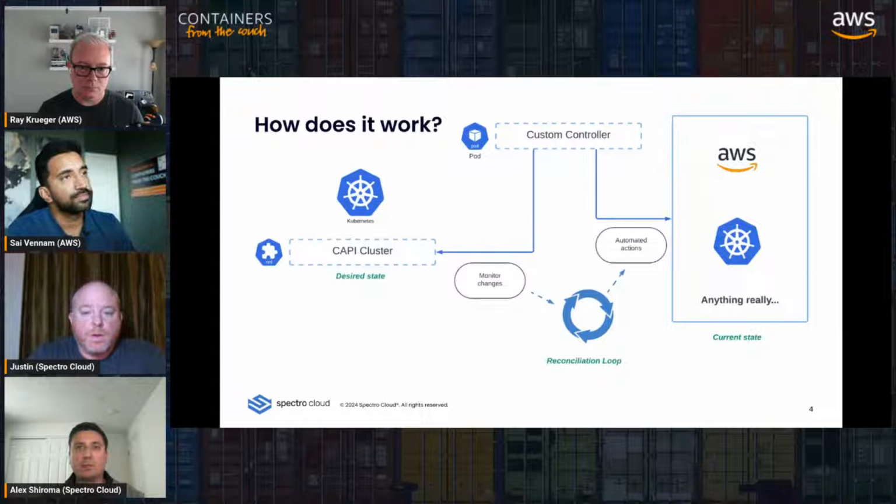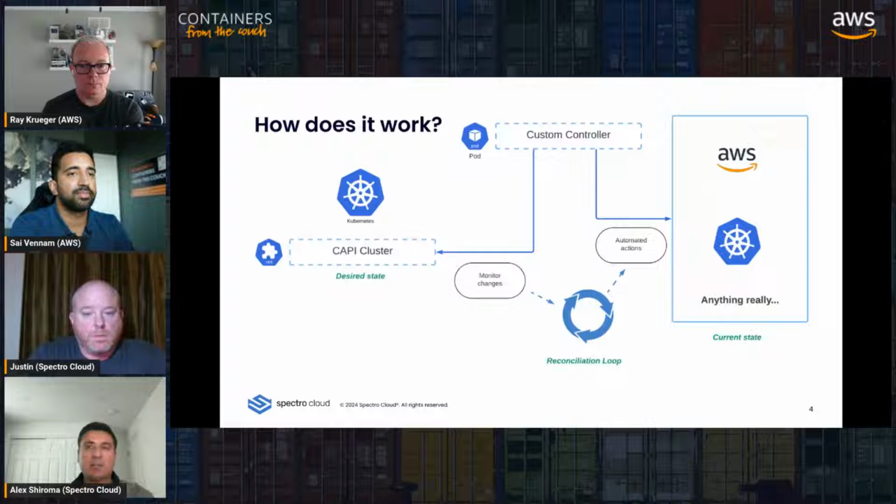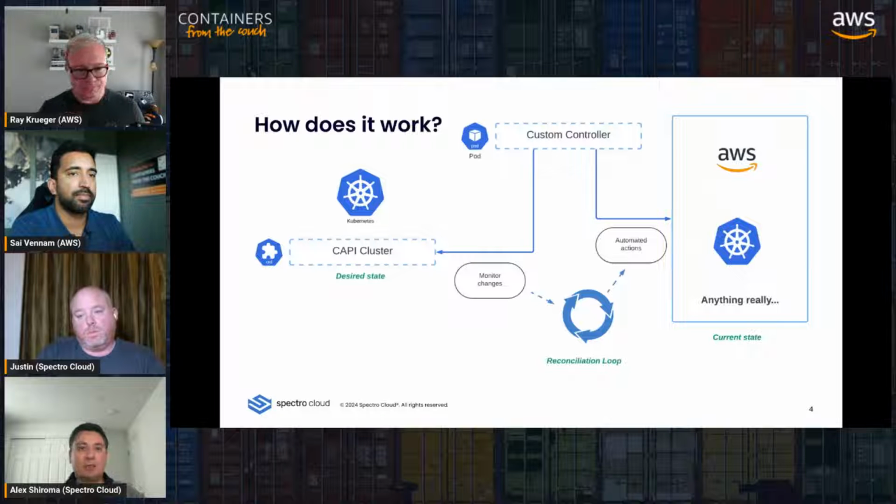So Cluster API is a Kubernetes subproject within the CNCF SIG, with the goal of bringing Kubernetes-style APIs and the declarative approach we talked about to cluster lifecycle management, which includes the creation, upgrade, and destruction of those clusters. And it's designed to work across a variety of environments, and provide a reusable set of components. So as you can see here, there are a number of different ways to bootstrap a Kubernetes cluster today.